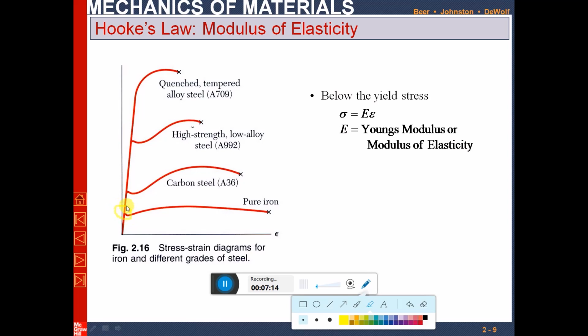This is the region, this is the point for sigma y or the yield strength for the pure iron. This one, for example, the yield strength for carbon steel. Then we have the yield strength for high strength low alloy steel, and then we have the yield strength for the quenched or tempered low alloy steel. Quenched or tempered alloy steel, doesn't matter whether it is low alloy or high, it doesn't really matter. Anyhow,